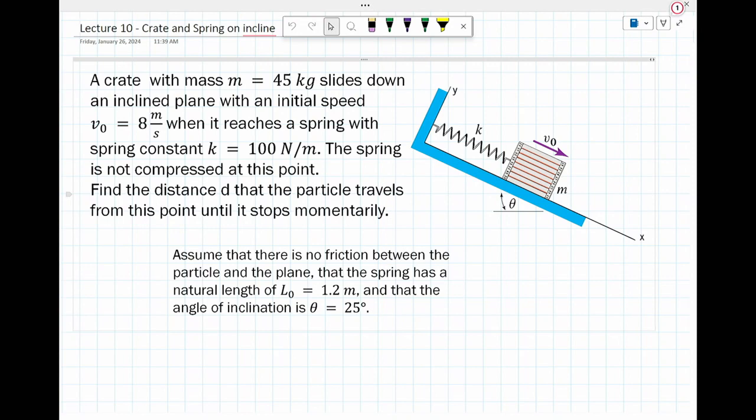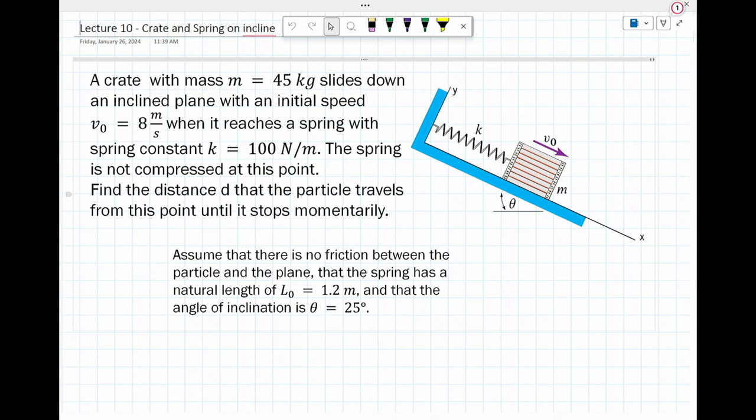So that's going to introduce another force. A crate with mass m equals 45 kilos slides down an inclined plane with an initial speed of 8 meters per second. When it reaches the spring, with a spring constant of 100 newtons per meter, the spring is not compressed at this point, so it is just touching. Find the distance d that the particle travels, and remember a crate is a particle, from this point until it